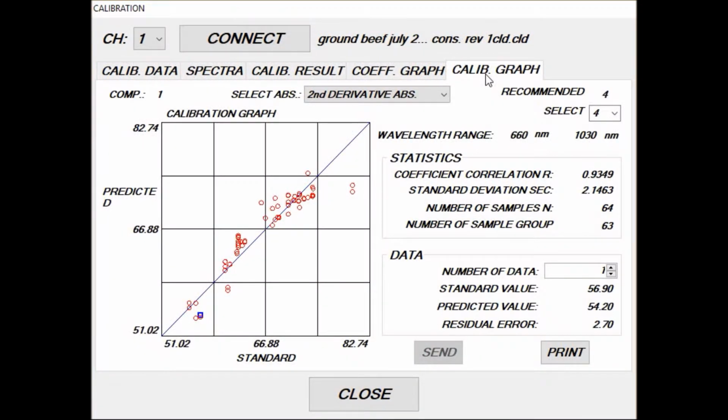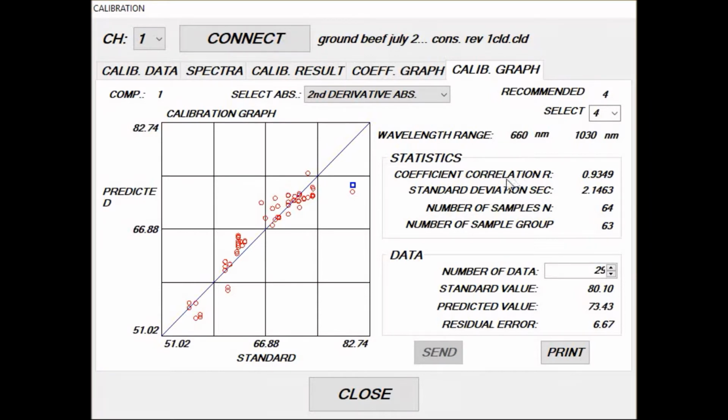And over here we have a much more familiar calibration graph. And all this should make a lot of sense. It does the same sort of things ours does. It lets you click on them. Now we see the outliers over here, the high fat samples. I think these might be moisture samples. Anyway, we see the lab down here, the predicted up here, and